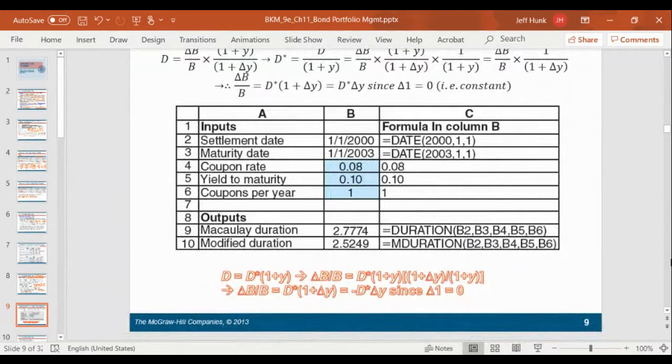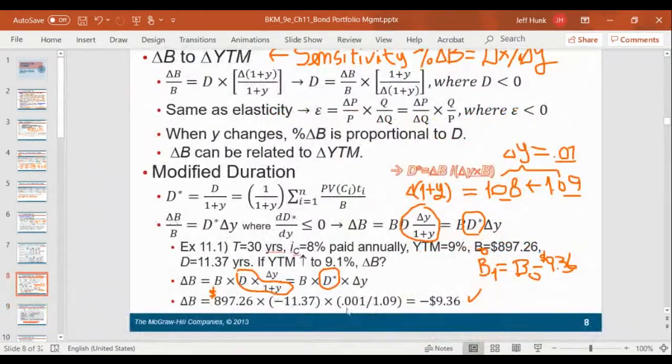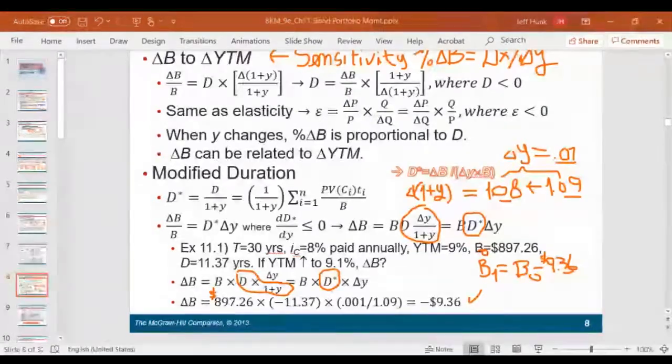So first, let's verify this. I want to confirm. They gave 11.37 as the duration. But let's confirm that. Here's 11.2. Okay, that's 11.2. But let me use this